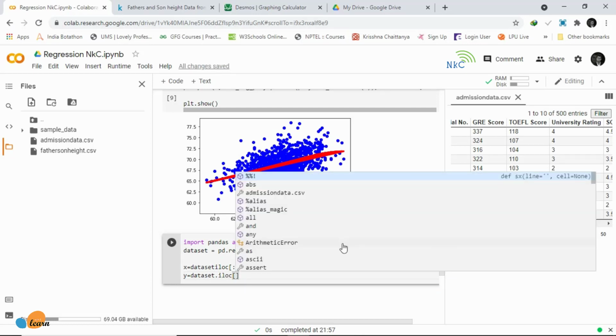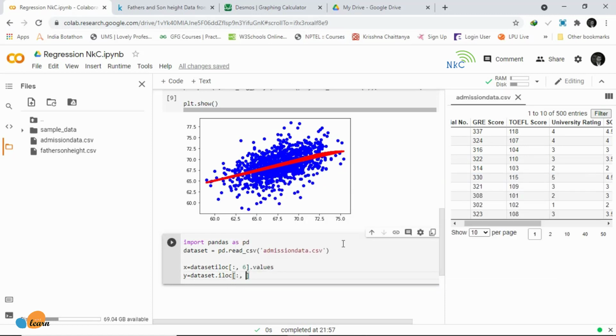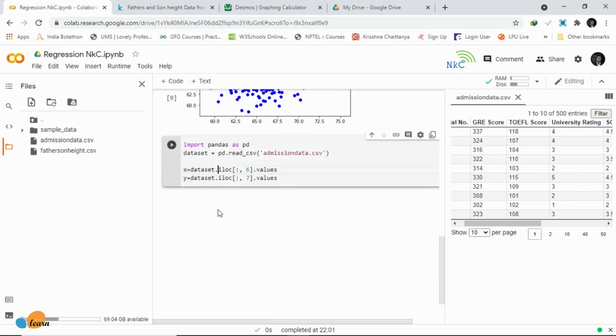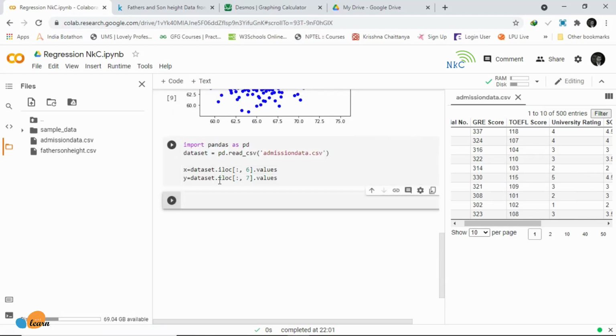So what we want for x is the attributes from zero all the way to 1, 2, 3, 4, 5, 6 attributes, and the 7th will be our y.